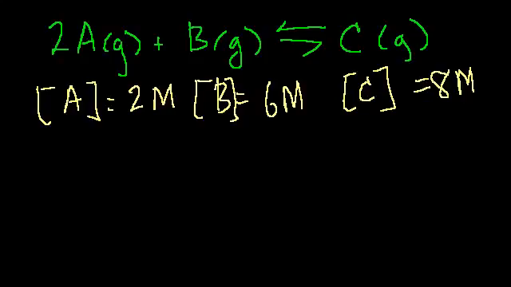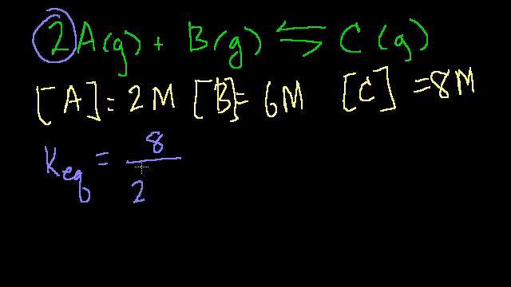So what's the equilibrium constant here? The equilibrium constant is the concentration of C, that's 8 molar, divided by 2 molar squared, because of this 2, 2 squared, times 6, which is equal to 8 over 4 times 6, 8 over 24,